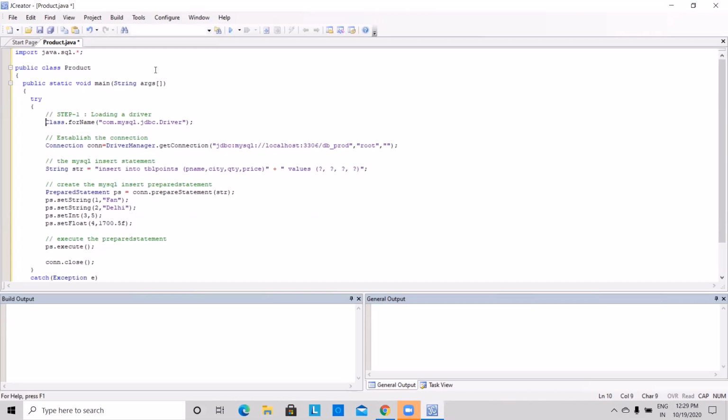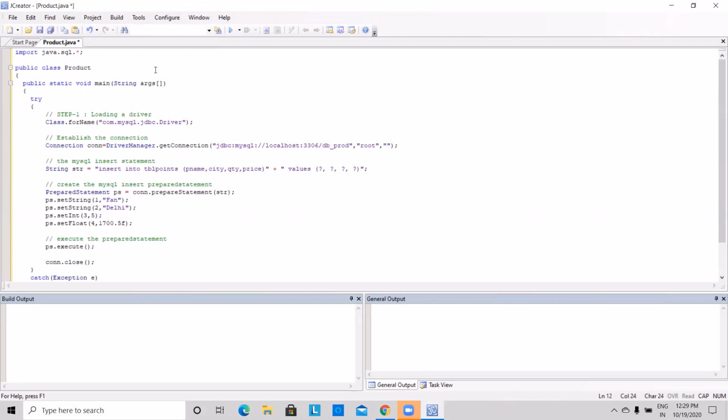So it is a ready-made class name and a ready-made static method. As you know, a static method should always be called with the particular class name. And this is the MySQL driver, com.mysql.jdbc.Driver. Here you need to take care of capital and small letters properly. So the first step is called loading a database driver.